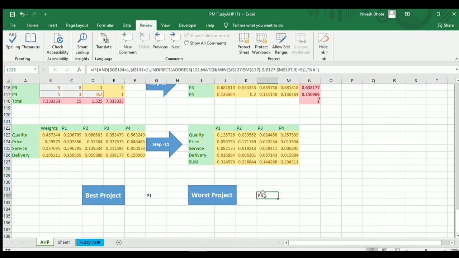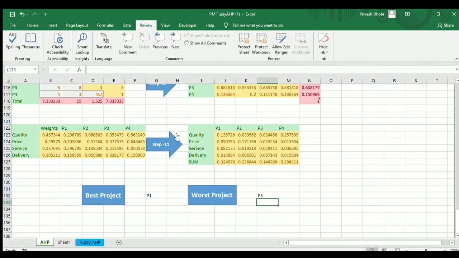And if we look at the function that we have used, we have used the address and then the indirect function to find out this value. If you see what the functions address and indirect do, then you can also figure out the value, like the minimum value across all of these, and we have calculated the same project value from this. So this minimum function will help to determine the minimum of this. This address will help to determine the address value like L126, and now this indirect function will help to find the value of P3.